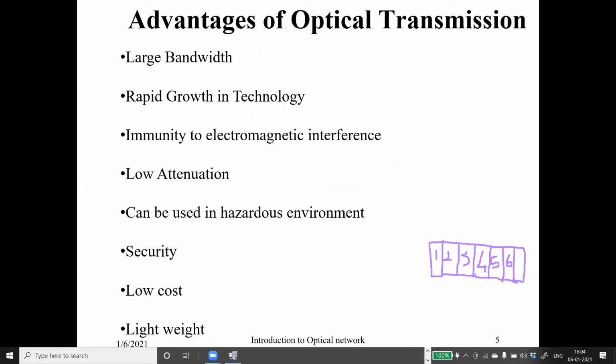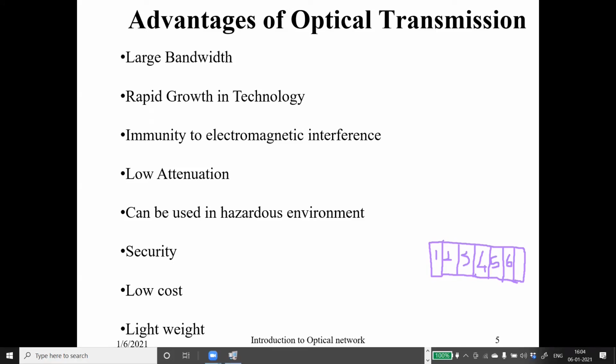Optical fiber, being an insulator, is immune to electromagnetic radiations and can be used in electrically hazardous environments. It has got low attenuation at the frequencies of transmission, that is 1330 and 1550. It is a secured system because fiber is insulated. Electromagnetic waves cannot be taken out easily, but it has to be broken to take the information, and so it will create alarms and it won't be easy to hack the system.